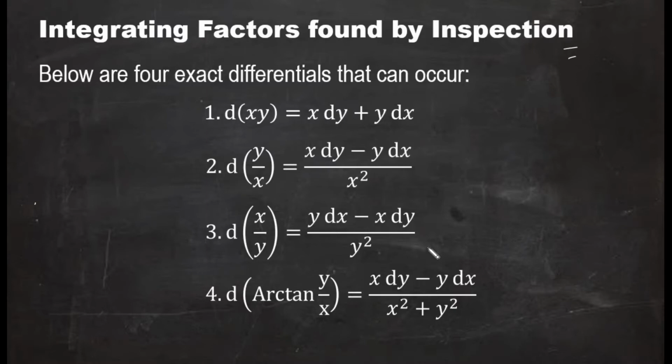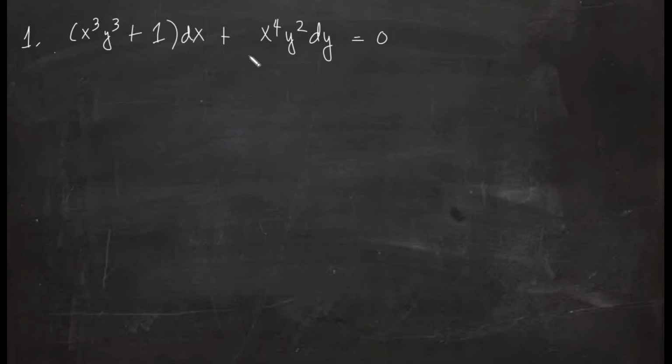These are very basic differentials that you have already known since your calculus. So let's go to example problems. Problem number 1. Quantity x cubed y cubed plus 1 differential x or dx plus x to the fourth y squared dy is equal to 0. So the first thing that we are going to do here is we will distribute dx or dy to simplify,